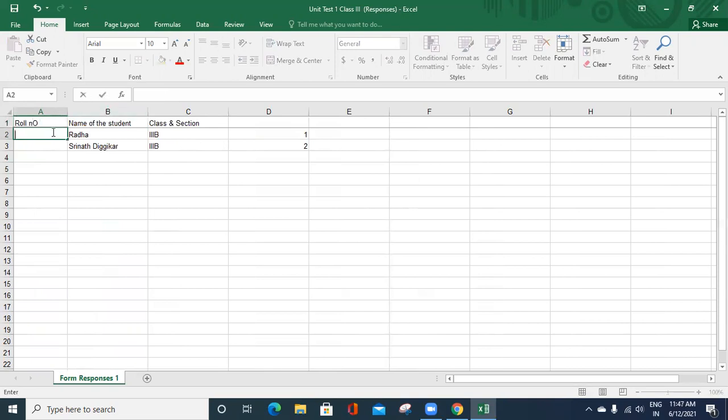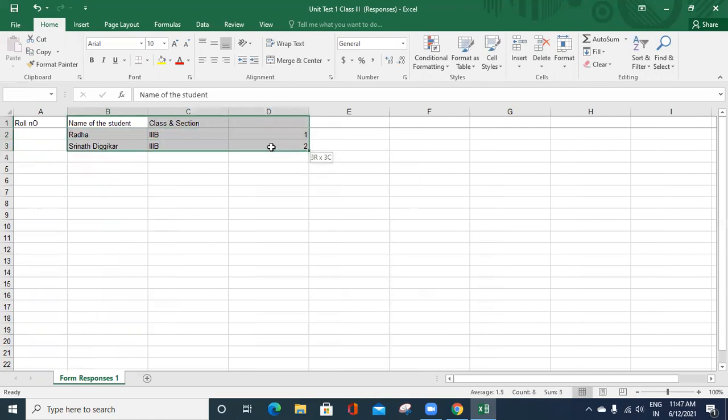Okay, later. But afterwards, you have to sort this data. Select all the data and arrange them in order.